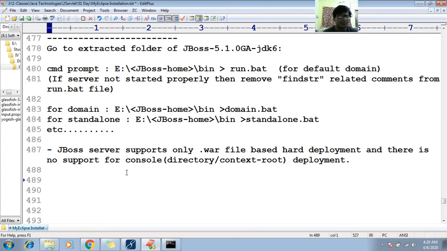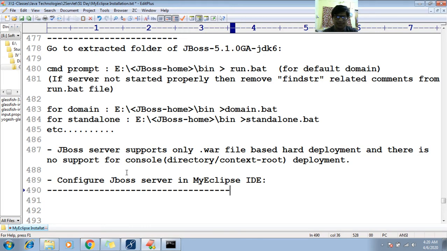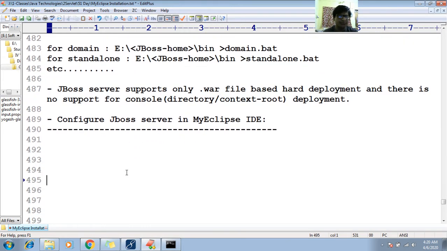Okay guys, now let us proceed to configure. Next step, let us configure JBoss server in MyEclipse IDE. So how am I able to configure?